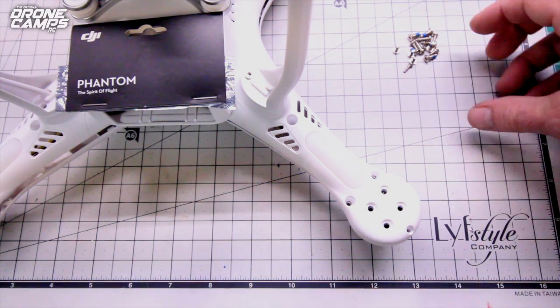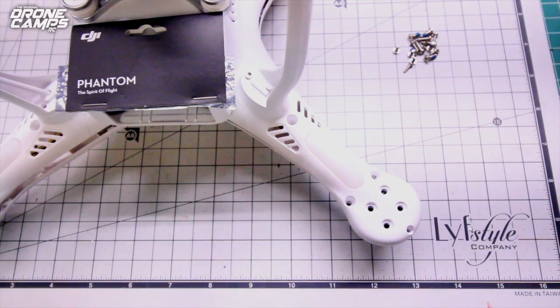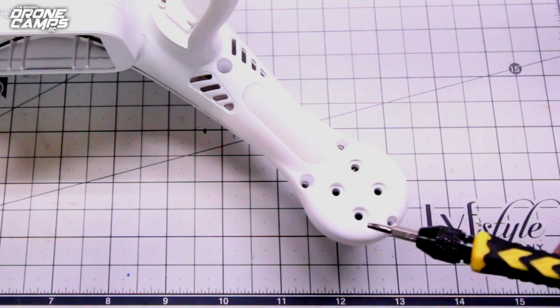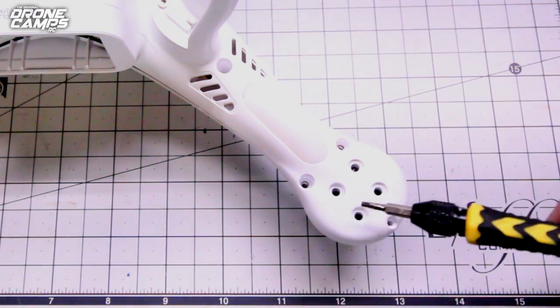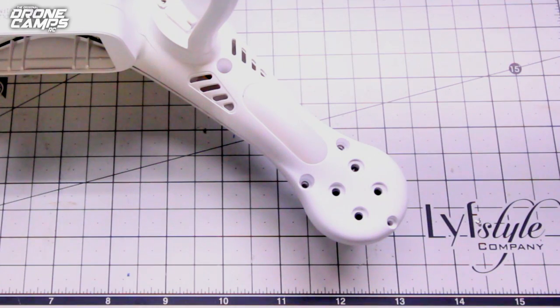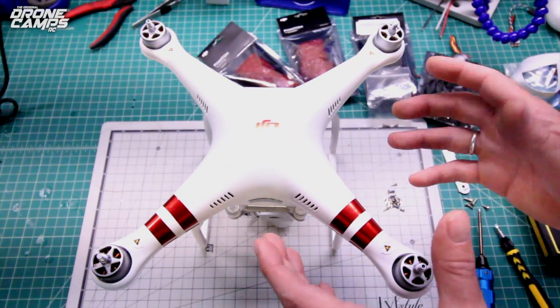Now, like I said before, go ahead and grab a Ziploc and start to put all these screws in your Ziploc for your clamshell. Now, like I said, you will notice here that I removed my motor screws. That's because I'm a little further along than you guys are, but don't worry about removing these screws right now. Just go ahead and leave those screws on for now, and I'll show you how to remove those in a moment. So now you're to the point where you can take this clamshell and separate it from the Phantom lower